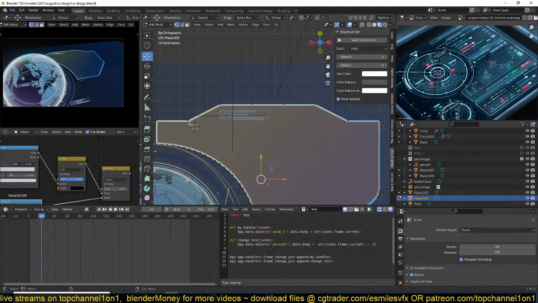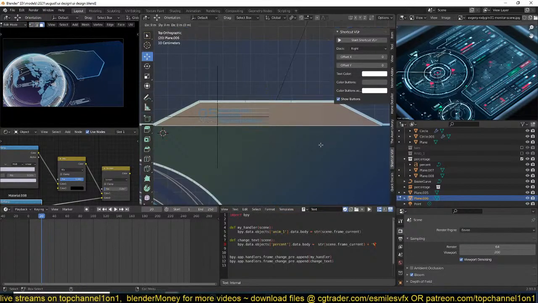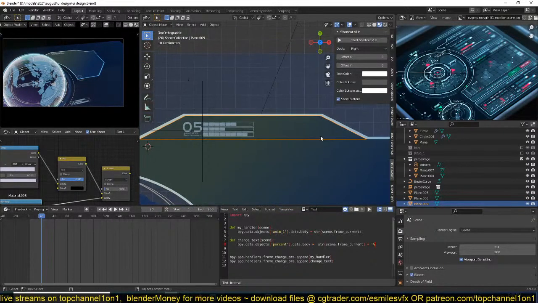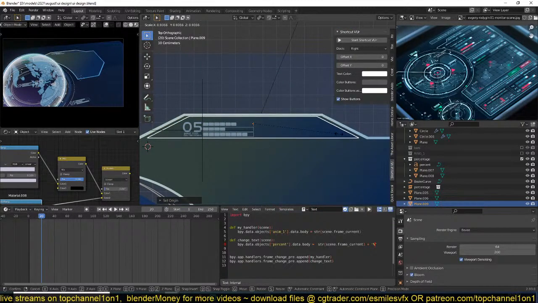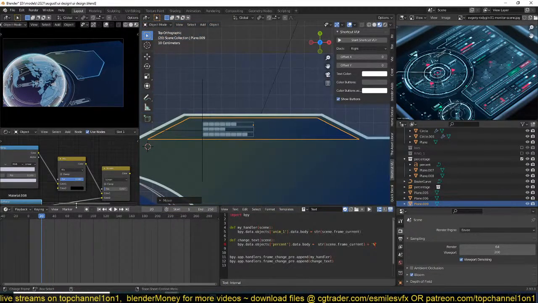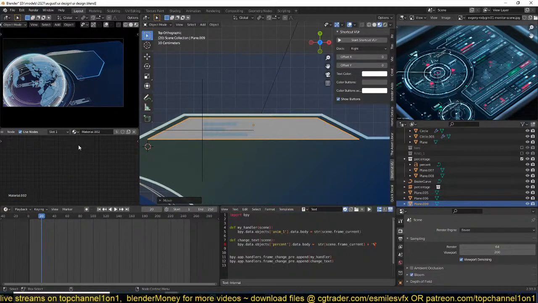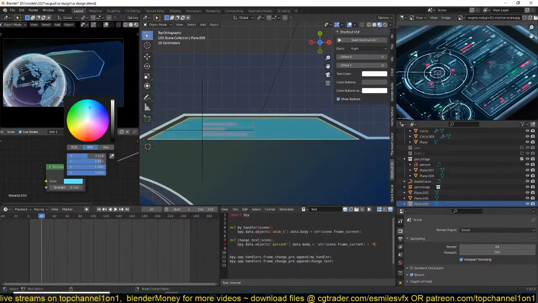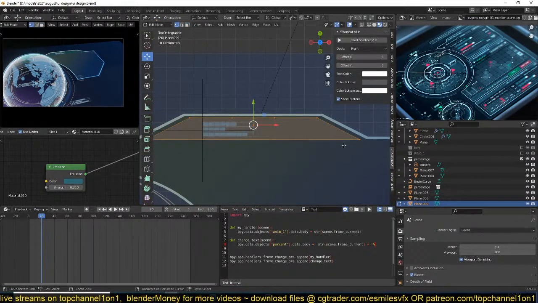I can also borrow this face here and use it to create extra detail. Just going to give it a different material. Let's play with it a bit to get something interesting. And I'm just going to select